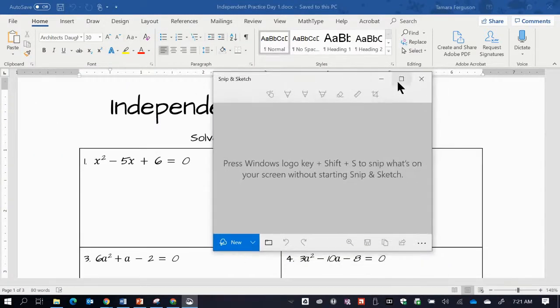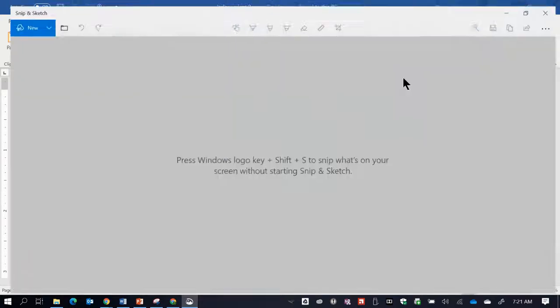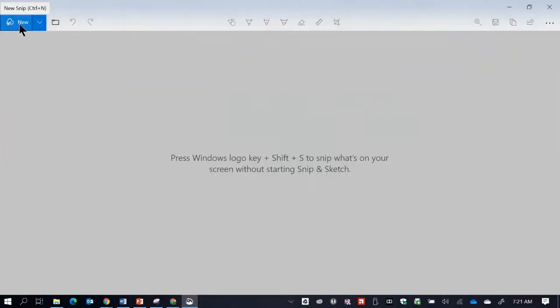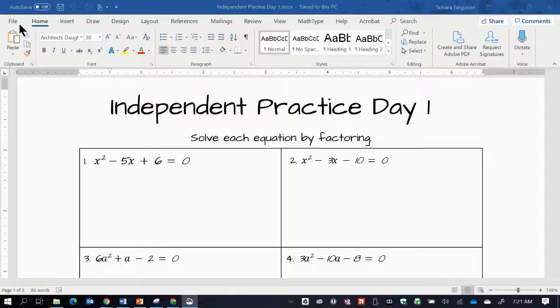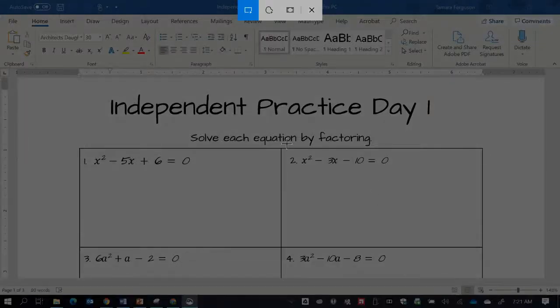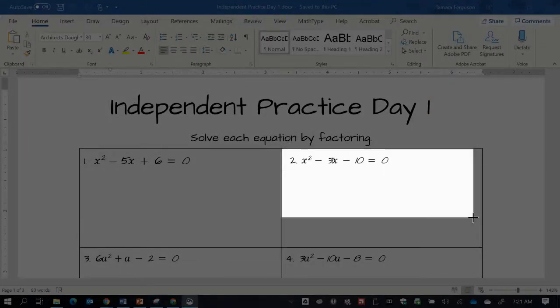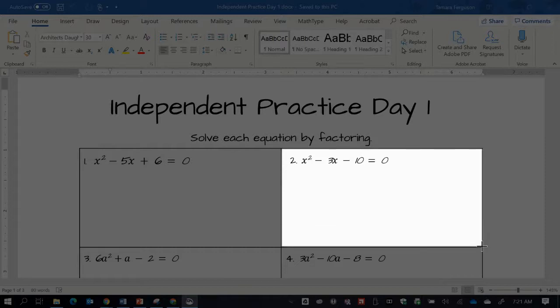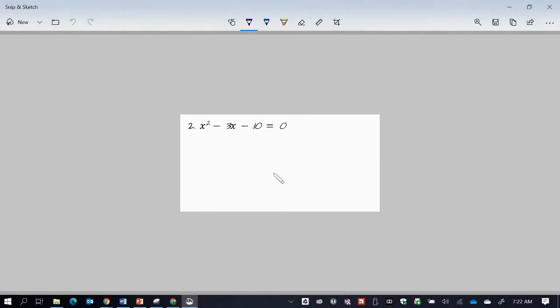So my snipping tool pops up, and I'm going to put it in full screen so you can see it. There's a little button right that says New. I'm going to click on it, and I'm going to select the assignment or the question and either take the whole thing or just a section of it. That choice is yours. Now I have the ability to click up here and copy it,